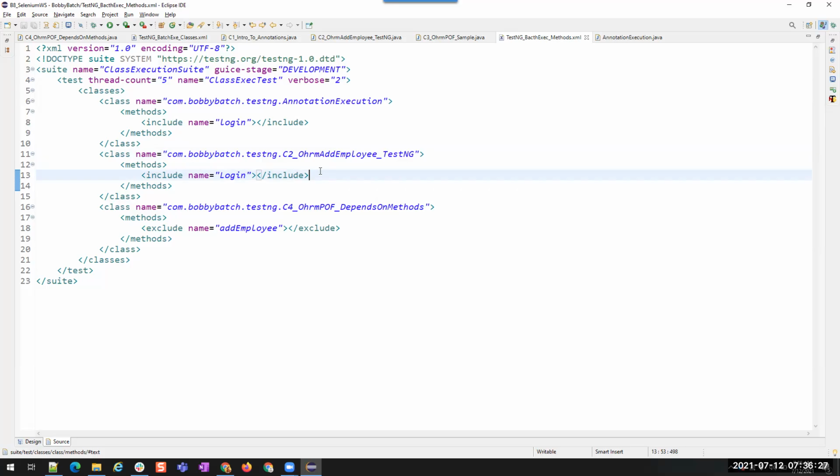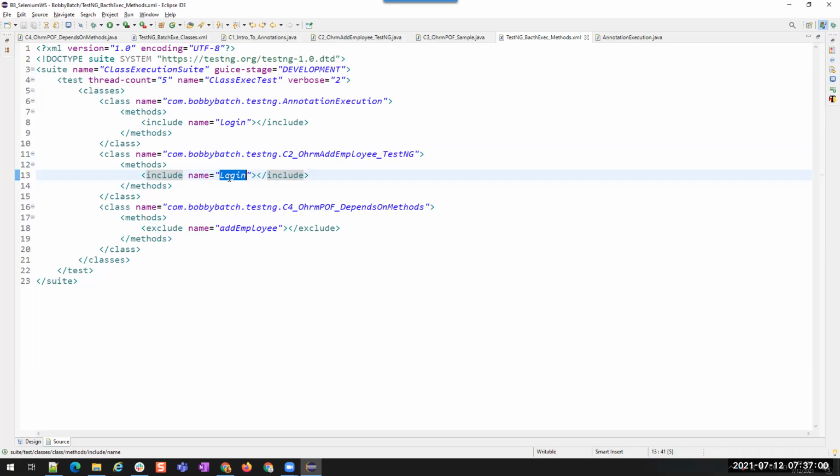So in that case, that is the reason we have another concept which gets us to the solution, called grouping. The grouping concept helps us group the methods. We can assign some names to the groups so that you don't have to remember or call all the method names here. You can just call the group, and all the methods assigned to that particular group will be executed.